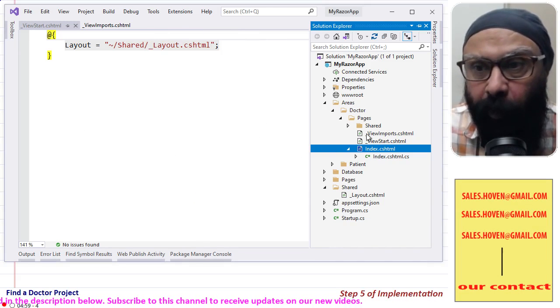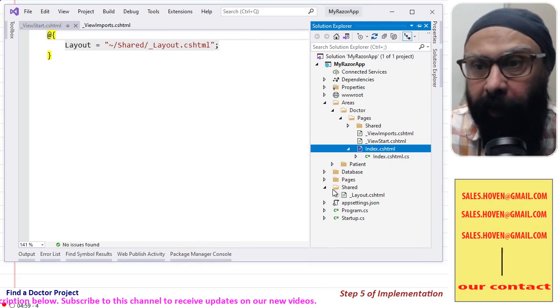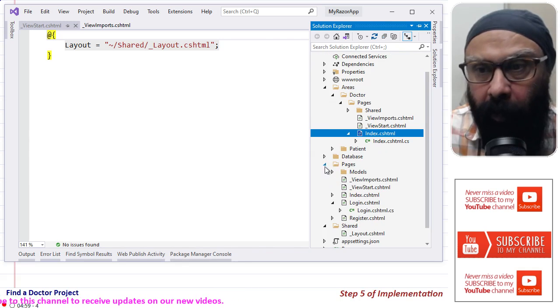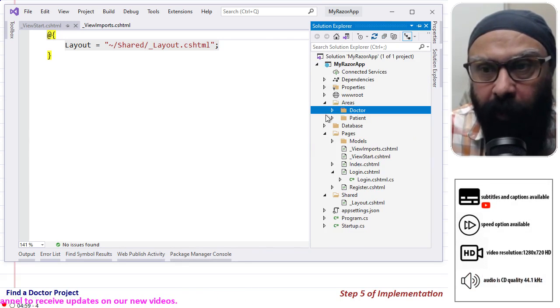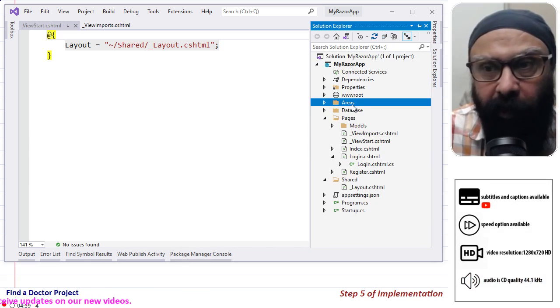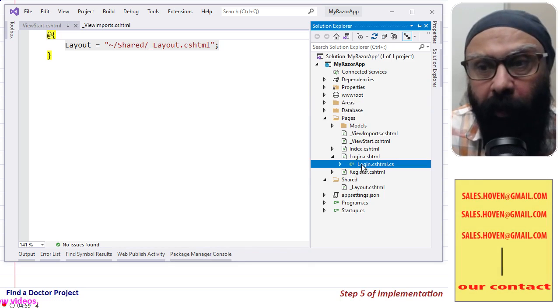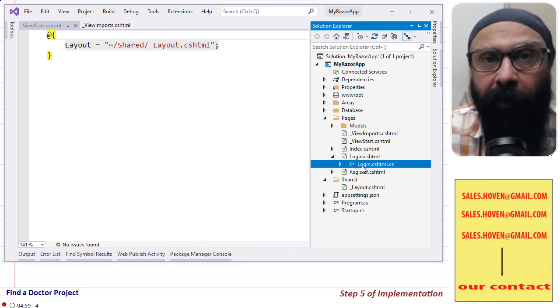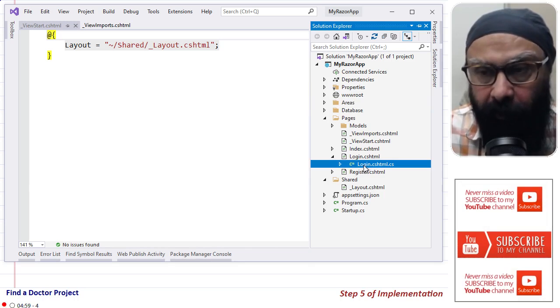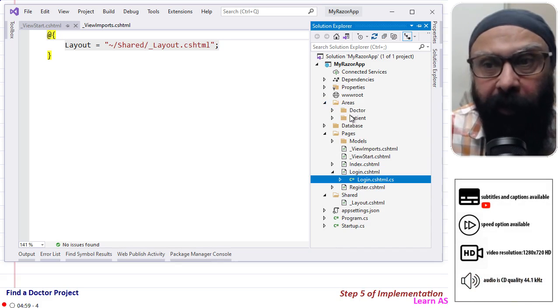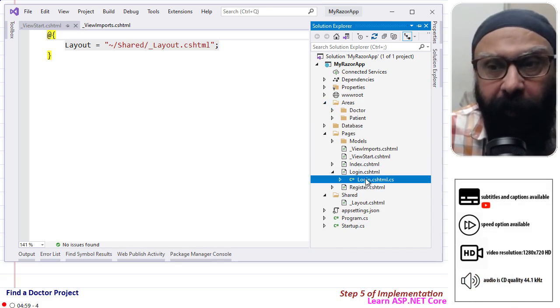Before I show anything else, let me close this areas folder so that we don't confuse ourselves a lot, and now I'm going to the login.cshtml file where the user will log in. From there you will now see the direction, whether we take him to the doctor's area or to the patient area.